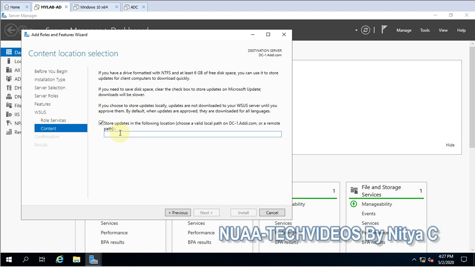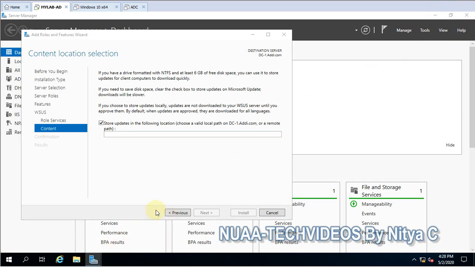Now let's click on Next, and here you have to define the path. So where the patches will be stored. It's always good, based on the operating systems, to allocate some dedicated storage for the WSUS, so that it can accommodate all the patches based on your need.